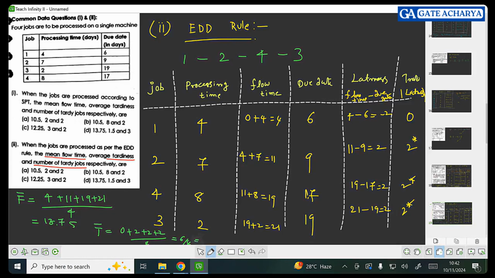What do you say, guys? Average tardiness means add all the tardiness values and divide by the number of jobs, so that you are going to get it. Now flow time is also like that. Number of tardy jobs means 1, 2, 3. So rest of the things are 0. I hope everybody is clear and understood, right? Can we go for the next question? Right. Next is